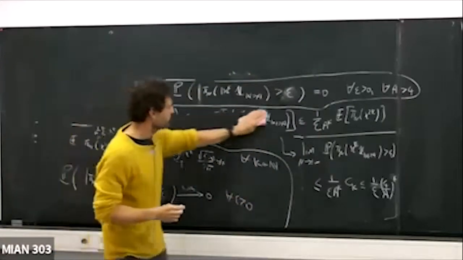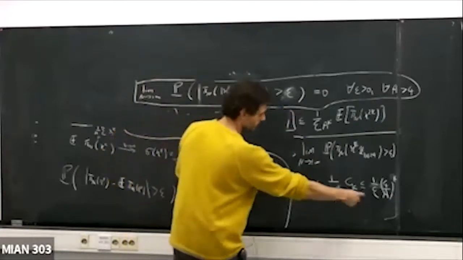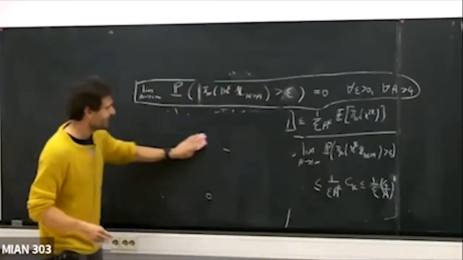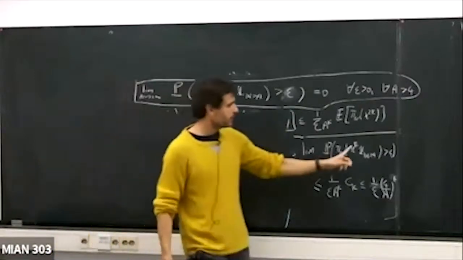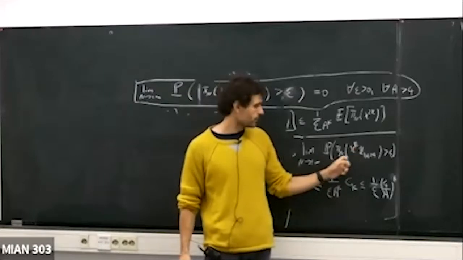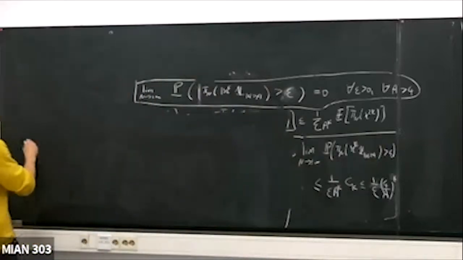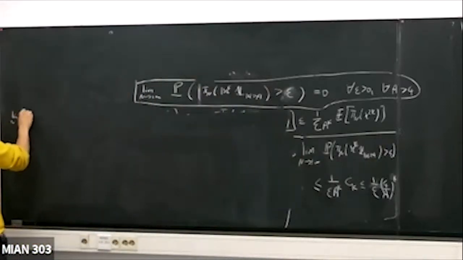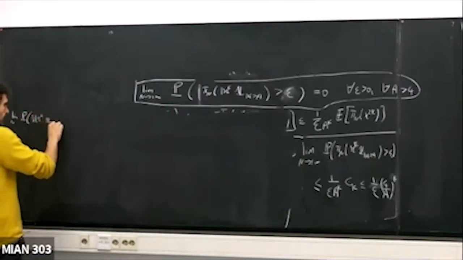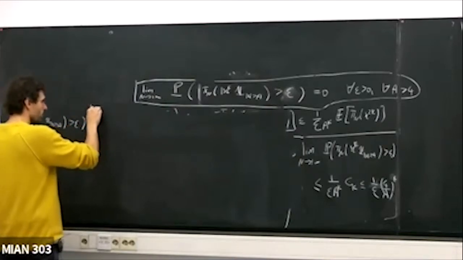So what we got is that the limit you want to prove is 0 is less than this. But in reality, if a is bigger than 1, the bigger k is, the bigger this number is. So this function is increasing in k. If you want, I can also write that this limit of the probability that pi n of x to the k, x bigger than a, bigger than epsilon, is less than, for each h bigger than k,